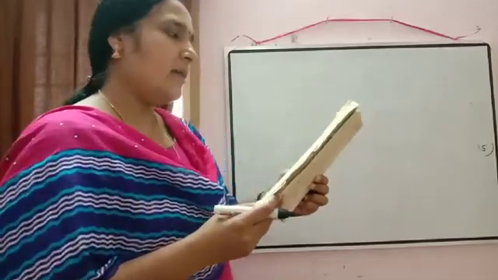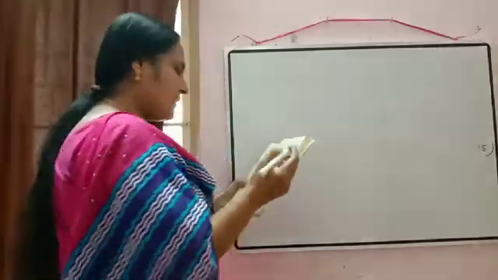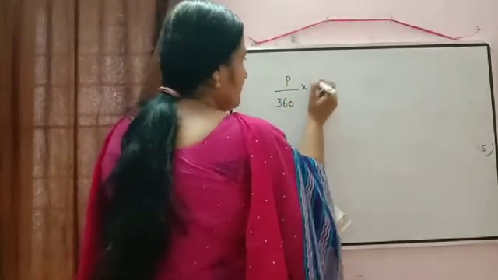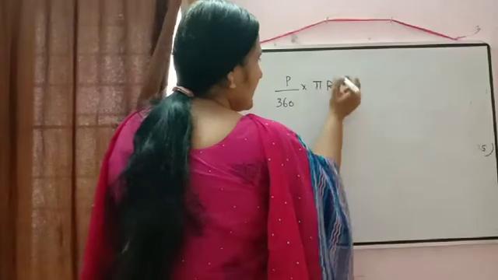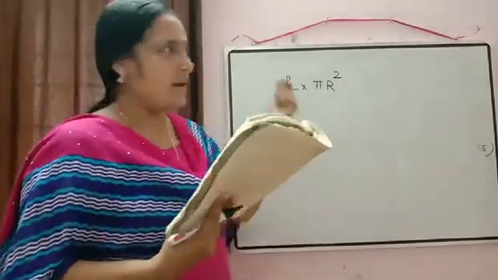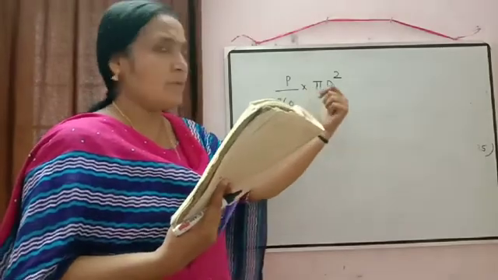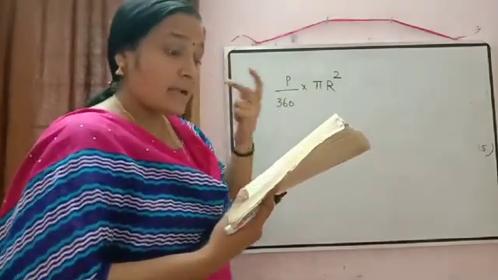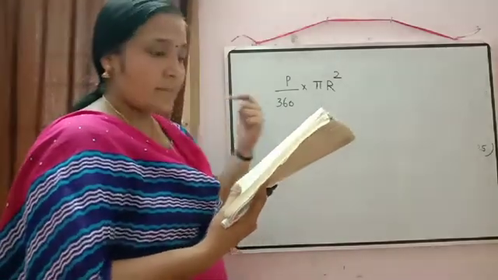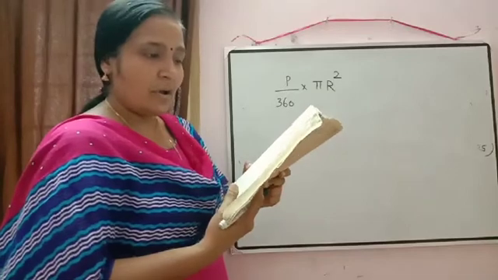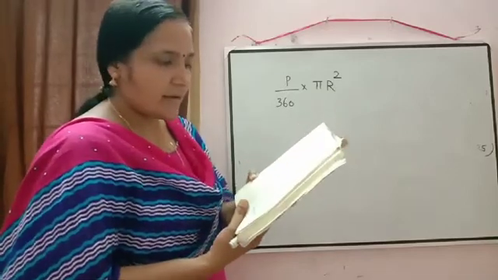So we know the area of a sector with angle P will be equal to P by 360 into pi R square. The radius they gave as capital R there. So we know this is the formula: P by 360 into pi R square. But just to check, that option we don't have here. P by 360 into pi R square option is not there. Then which one will we check?